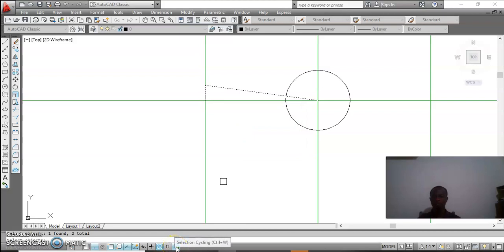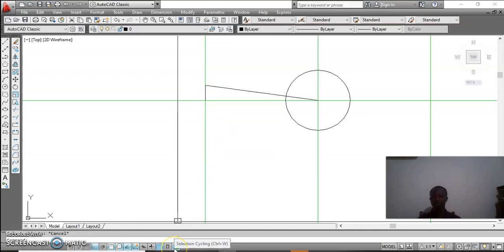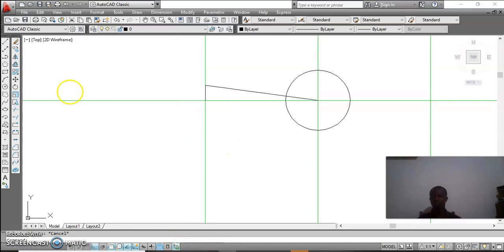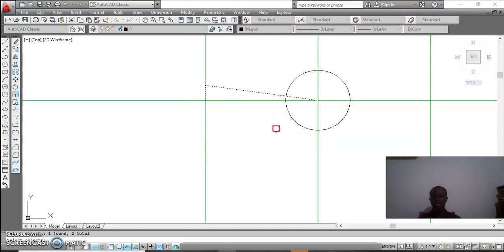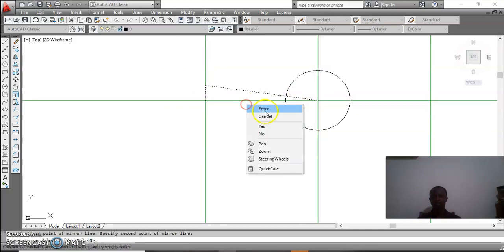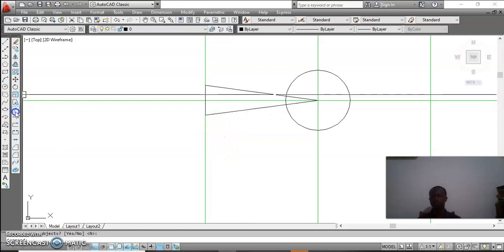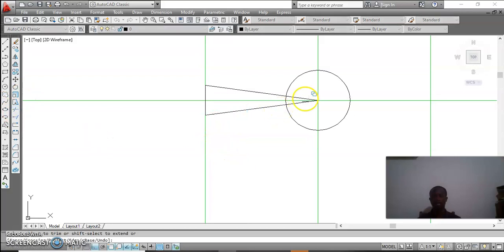selection cycling is on. That is why when I click on it, I had a green line. Let me do it again, because the selection cycling is on. So I want to mirror. So I click on this. Now because there is a black line and a green line, when I click on it, it gives me the option to choose. So I want the black line. I click on that, then I mirror it this way. Now from here I can trim, enter,